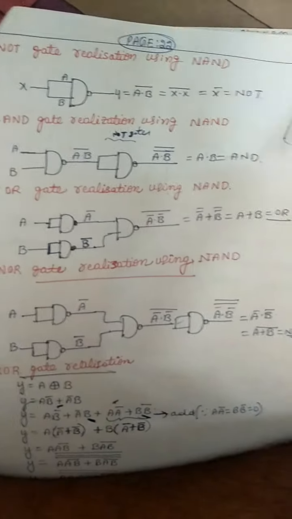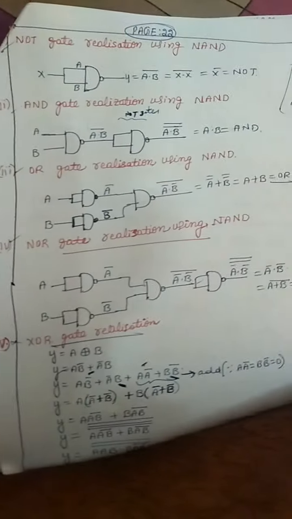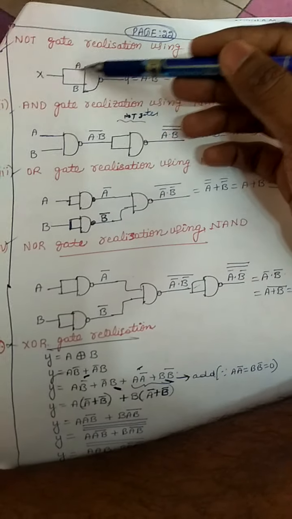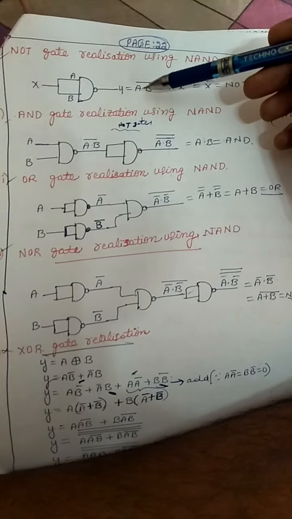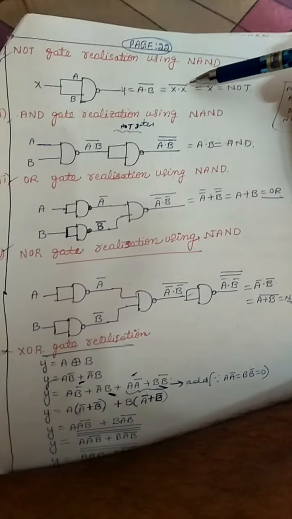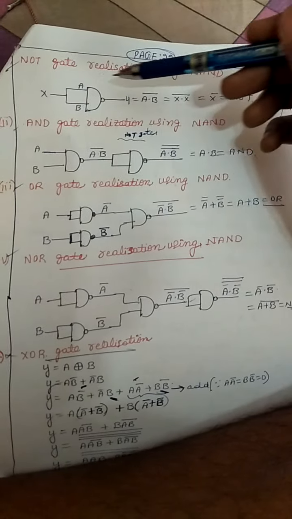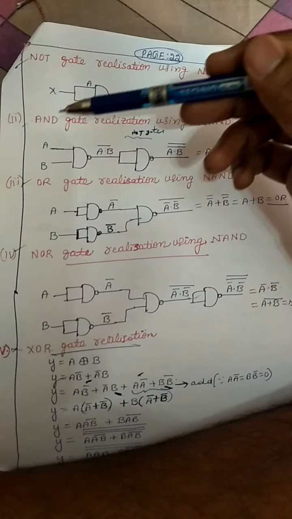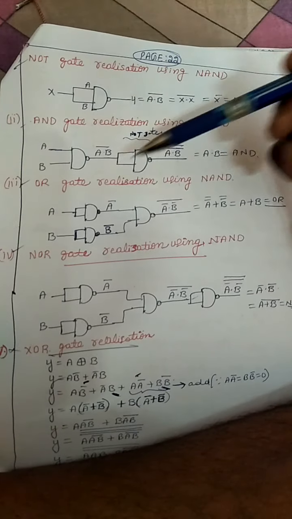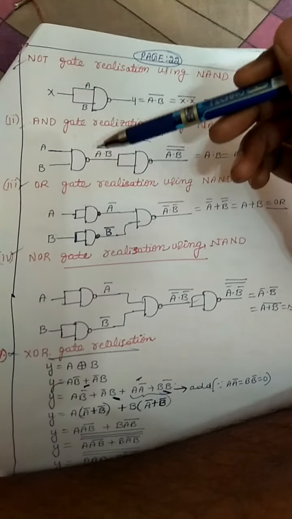Okay. So here the input is a single input X, fed to a 2-input NAND gate. The same X, X will be fed here. X into X the whole bar, nothing but single X into X bar, means this behaves like a NOT gate, X bar. You can also realize an AND gate using a NAND gate. This is the NAND gate, A dot B whole bar.